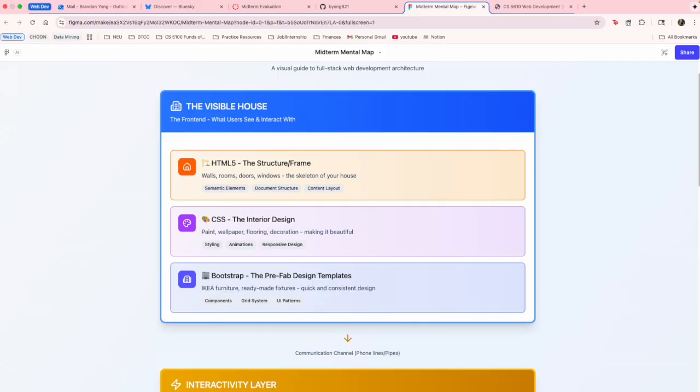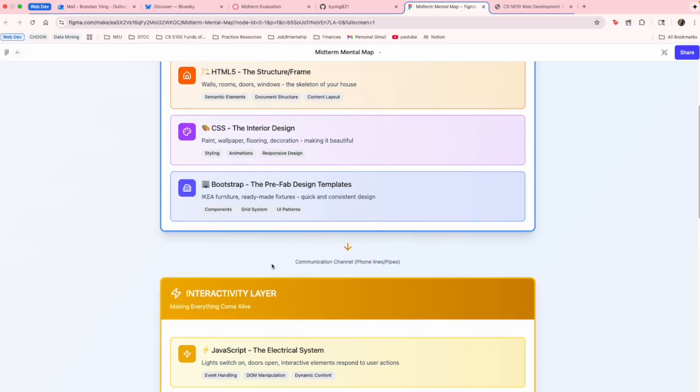How does Bootstrap connect to all this? Bootstrap is built on top of CSS. It's like hiring an interior designer who brings a catalog of proven designs. This saves massive time and ensures that your house looks modern and works on any size, as all houses come in different sizes. Sometimes you don't always know what you want to do, whether it's through a creative block or something. Seeing what's already been done before and adding your own twist to things can be rather helpful. And so moving on,